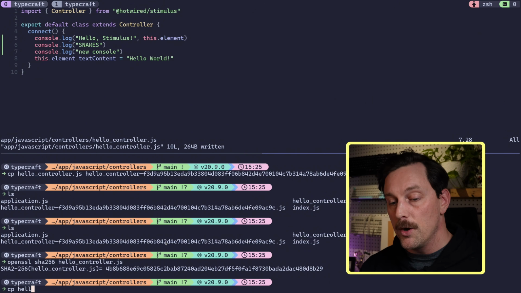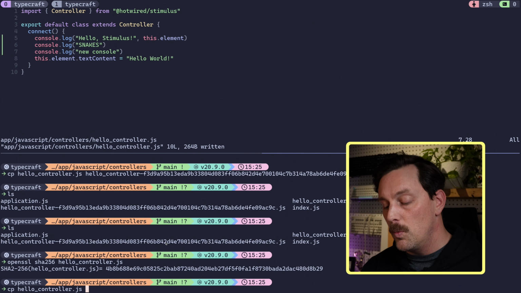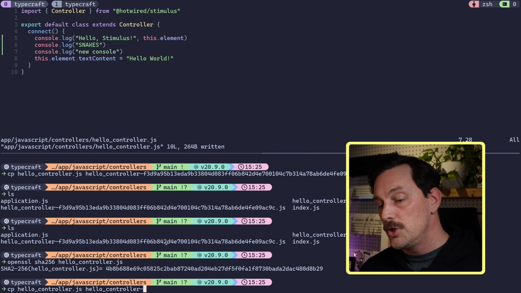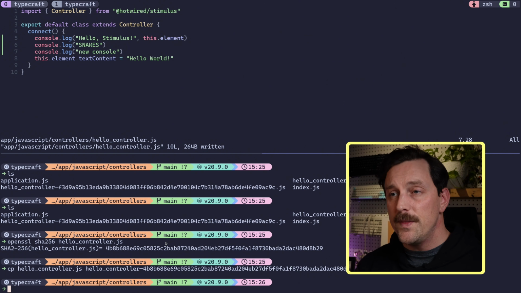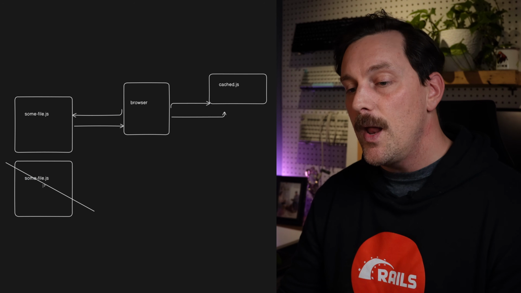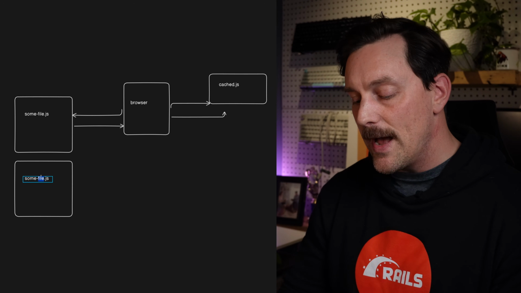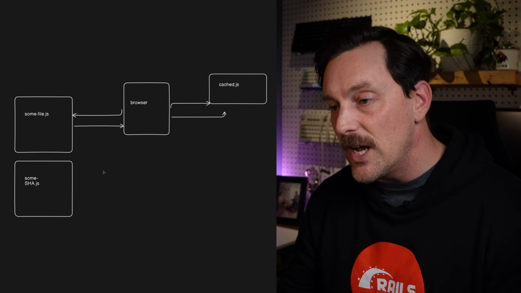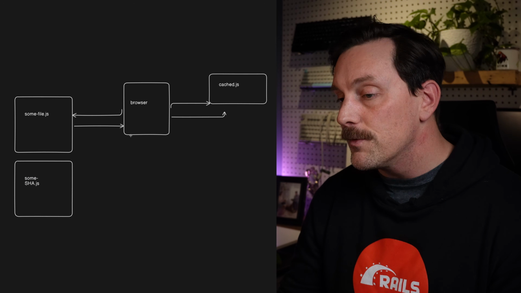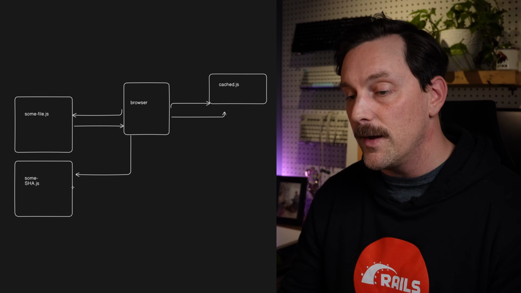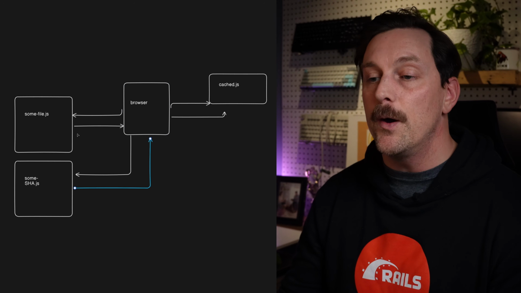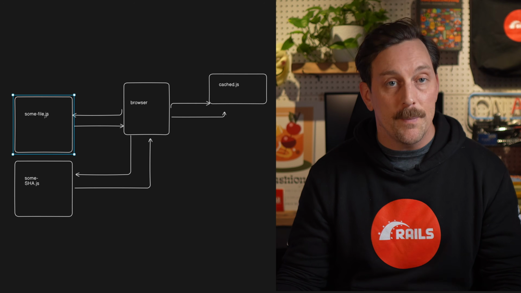So when this file has changed, we can now stamp our new hello_controller.js file with this new SHA that we just got. And with this, we don't have to worry about the user's browser holding onto some cache, because right now we have this file stamped with a SHA. So when the browser requests files, it'll see a whole new file here. And so it'll grab this file, even though it's very similar to the one that you had up here. And guess what? Propshaft, the asset manager in Rails 8 by default, does exactly this.